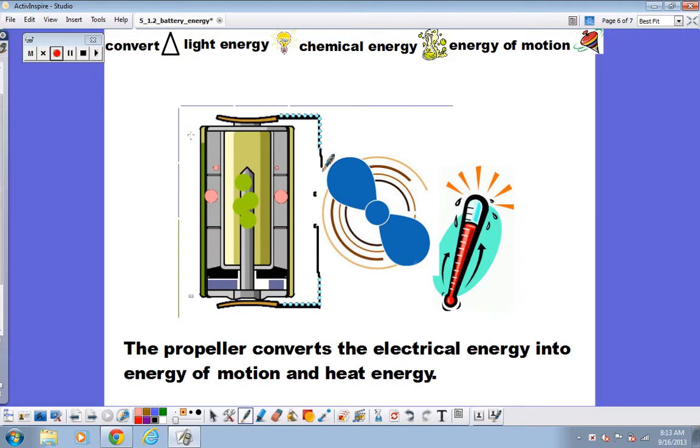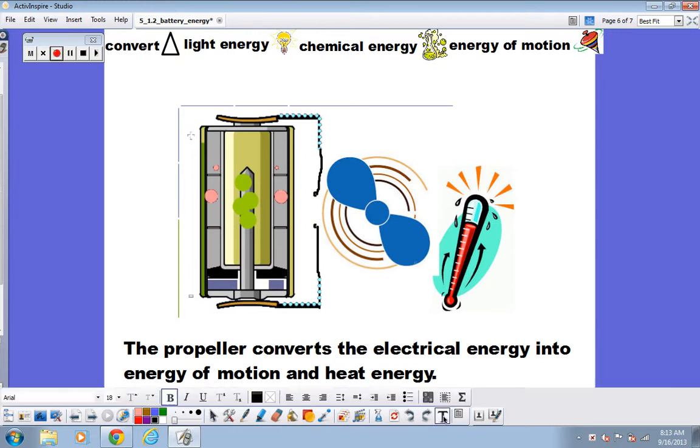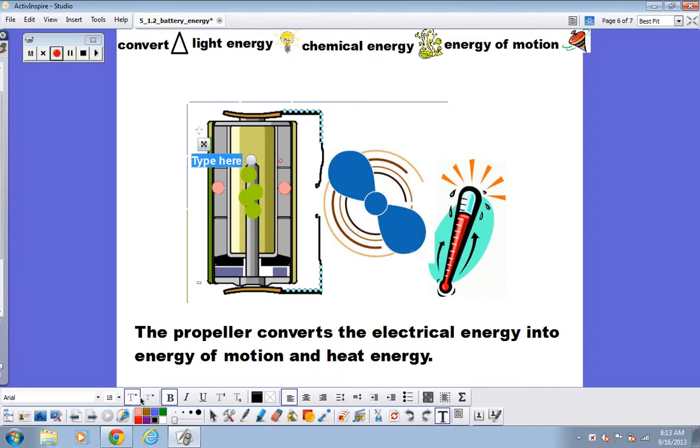But we have seen not just light bulbs on circuits, we have also seen fans and propellers and things that move. So let's talk about how the battery makes the fan move. It's really the same thing. So we have the chemical energy inside of the battery. Just write that down so we don't forget. Chemical energy in the battery